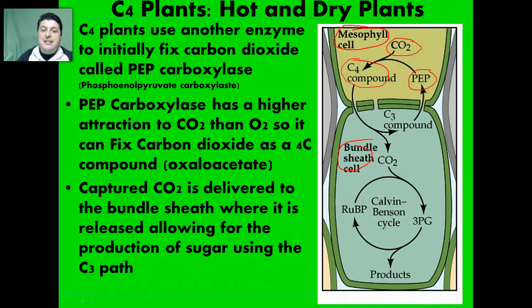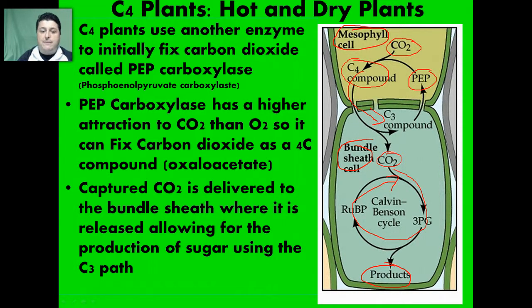It will then deliver that fixed carbon in the 4-carbon compound to the bundle sheath, where it can be released and then used in our traditional Calvin-Benson cycle to produce glucose. So we avoid photorespiration by delivering the carbon dioxide directly to where it's going to be used, so that rubisco won't have a chance to pick up any oxygen